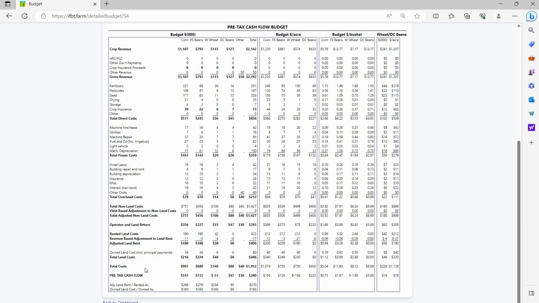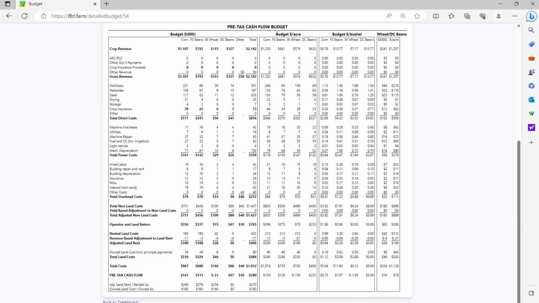So the notion here is that if the farm outperforms on yield, or prices move up, or some combination, the farmer would be willing to pay a higher land rent in that scenario in exchange for getting some protection on the downside if yields didn't come in or prices fell.